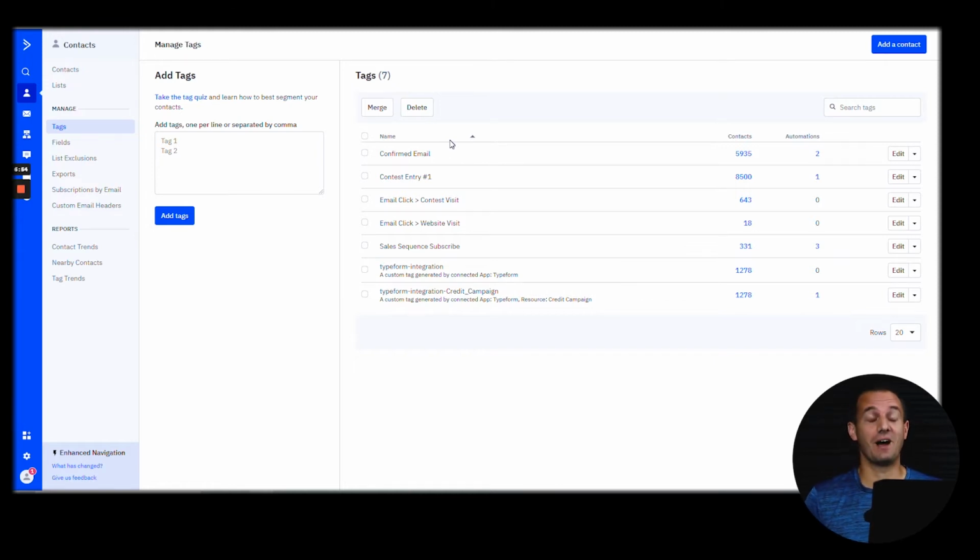Now, one thing that I really want to give you as far as useful information regarding email ESPs is you don't want to have a huge list of tags, super complex. It's a lot more efficient to keep things really nicely organized so that you can easily see where things are at. Not a million tags under one contact record, but just minimal. That keeps things more efficient. I remember when I first started off in online business, I had thousands of tags and it was hard to keep it organized.